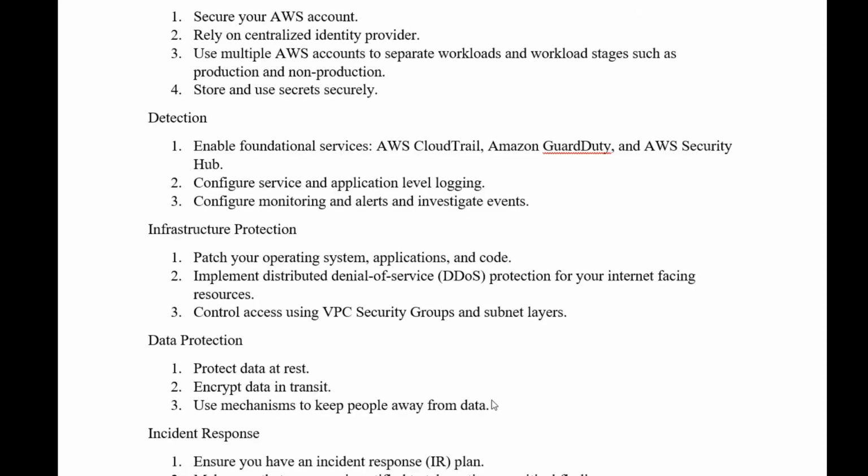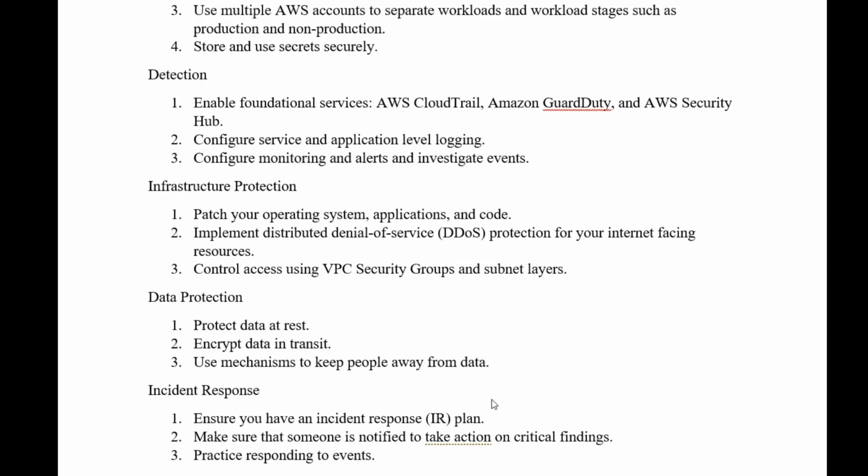And the fourth one is data protection. In the sense that we have multiple resources, multiple services, multiple applications which we use in AWS. There we store data and transfer data between public networks, or store it in some other resource.